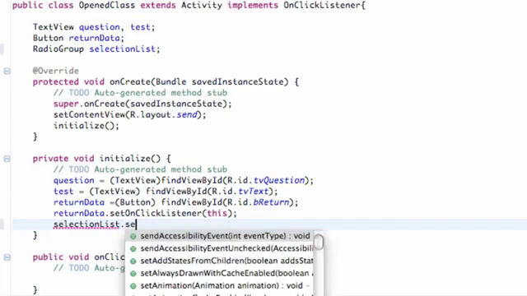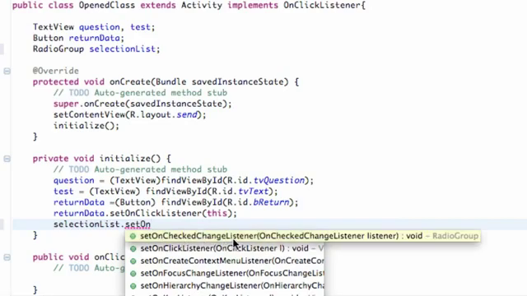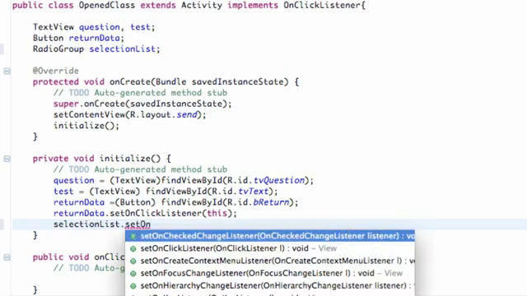We're going to hit dot, and we're going to say set on, and then it gives you pretty much the preference that it's going to look for. Again, we could do like OnClickListener, but it's better to say OnCheckedChangeListener, because anytime one of those radio buttons within this radio group is clicked, it's going to call this method. As you guys can see here, within its parameters it takes a variable type or object for the most part,